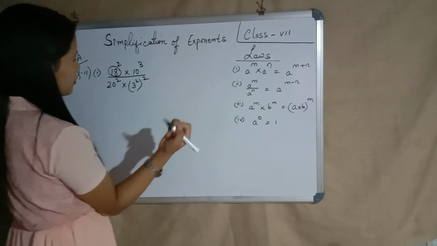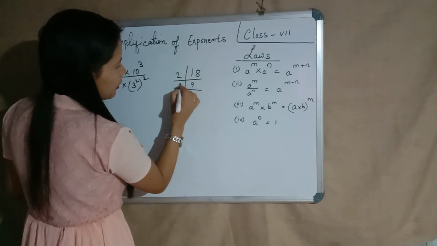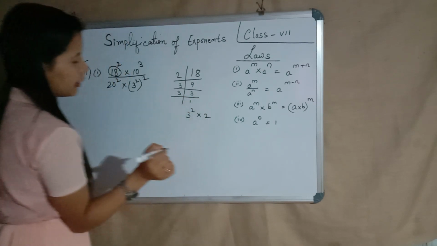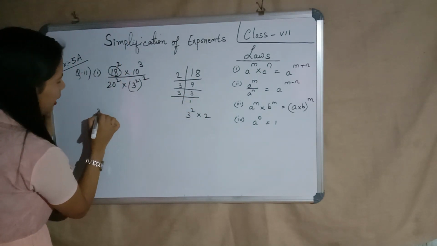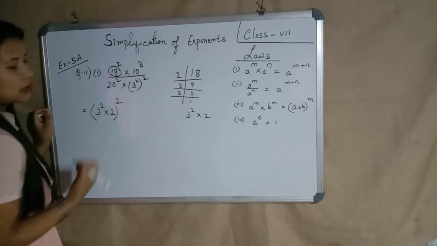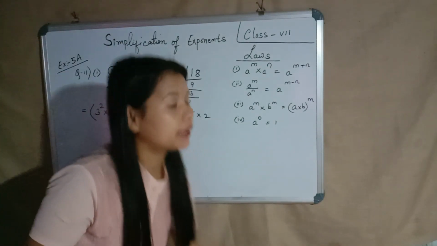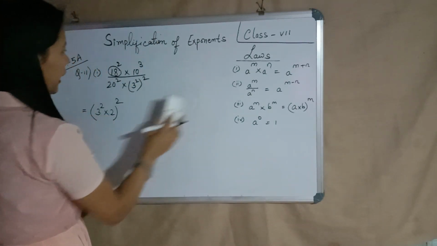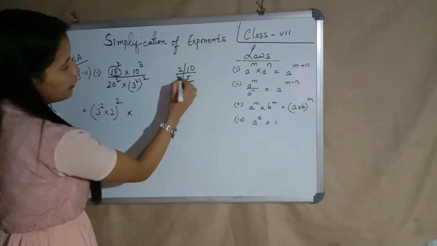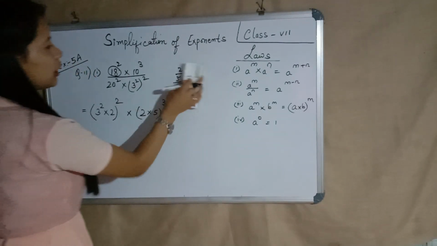So when we do prime factorization of 18, that is 2 9s are 18, 3 3s are 9, 3 1s are 3. So that is 3 square into 2, yes? So 18 can be written as 3 square into 2, raised to the power 2, okay? So in this step, I did nothing. I just expressed the given number in exponential form and wrote it as it is, okay? Now 10 can be written as 2 5s are 10, 5 1s are 5. That is 2 into 5 raised to the power 3